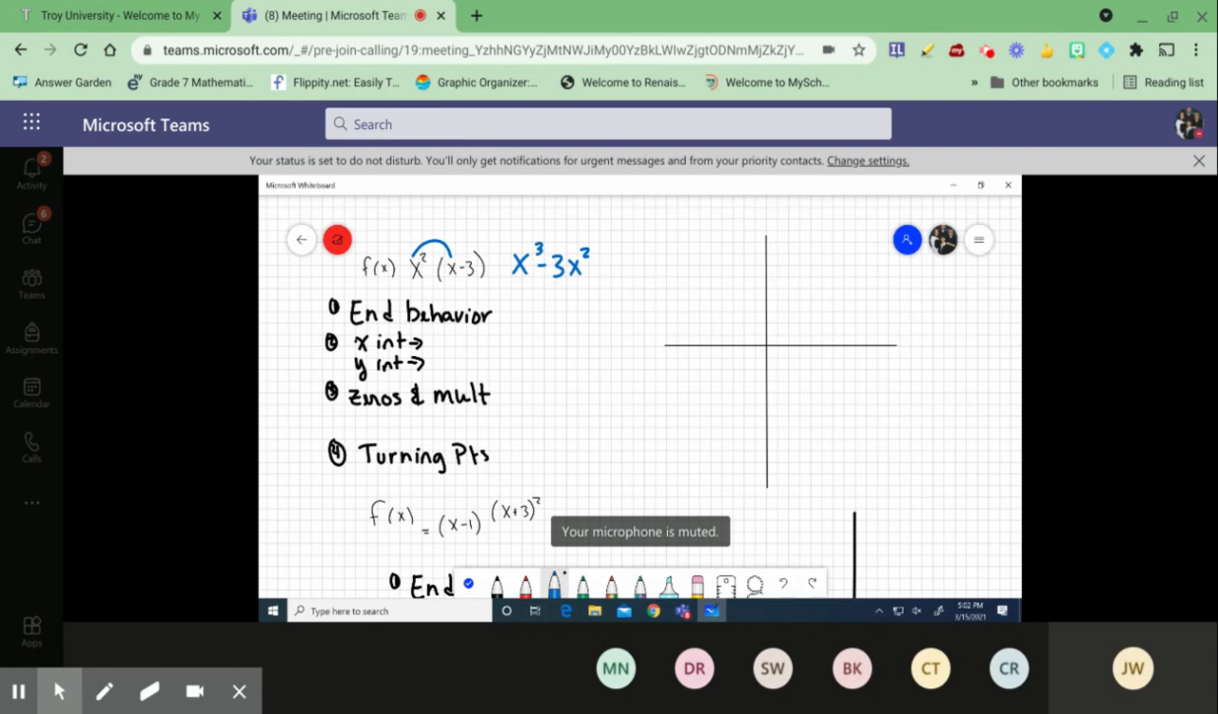Yes? If that's odd, remember when it comes to my degrees, if I have f of x is equal to a positive x to an even number, my end behavior